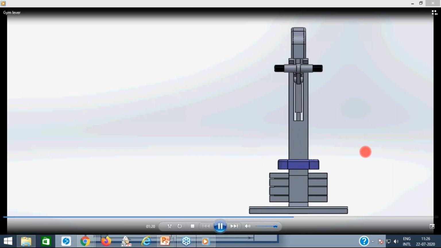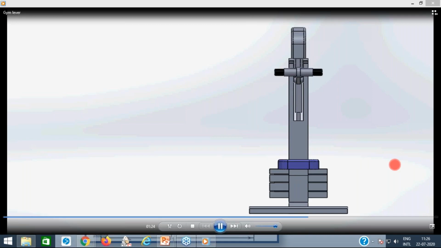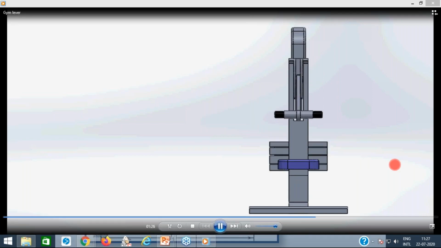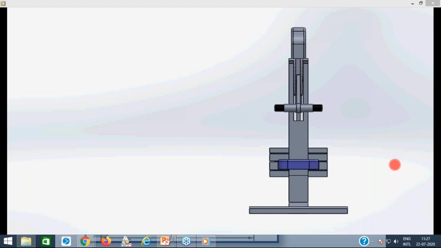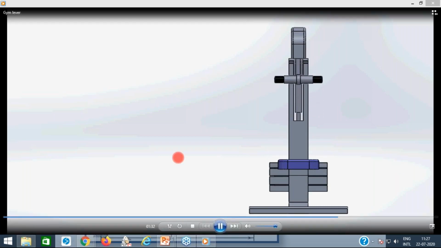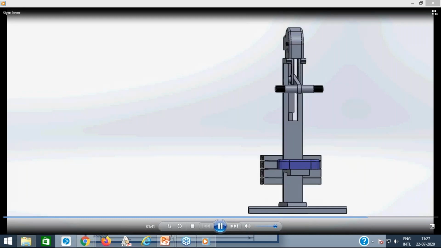The video is taking one more 1.5 minutes, no problem. But you should have an imagination of how the different types of levers are used in different applications. It will give you a realistic feel. While designing the lever, you can easily construct this diagram and you can easily design it. This is about the second type of lever.